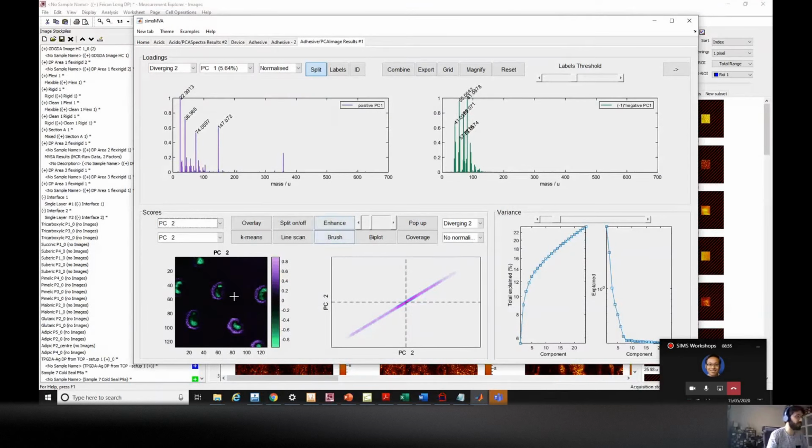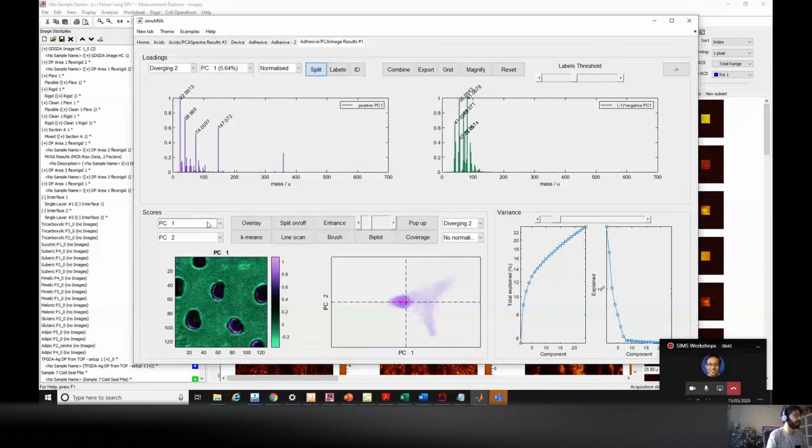Yeah, so here's just a reminder. Yeah, so that's what we got from the PCA. And we were exploring the components showing these features in this adhesive sample. So now,